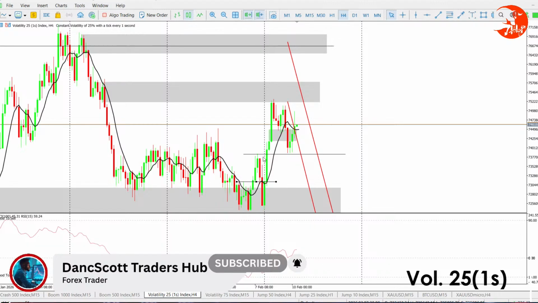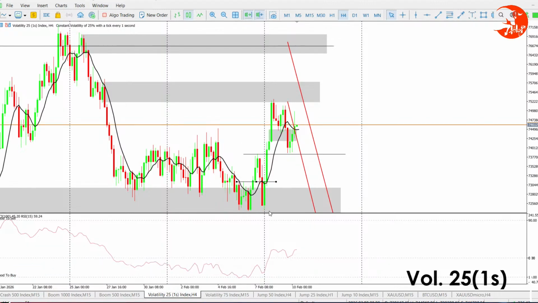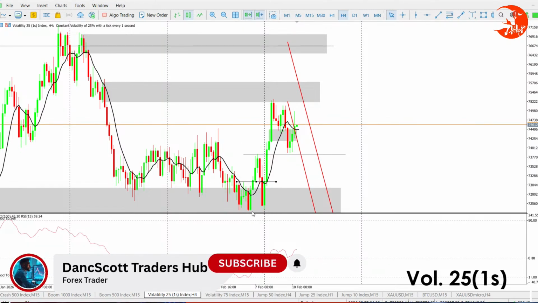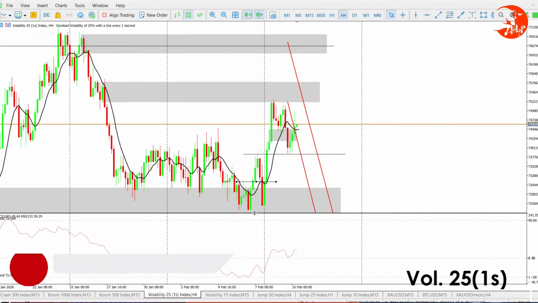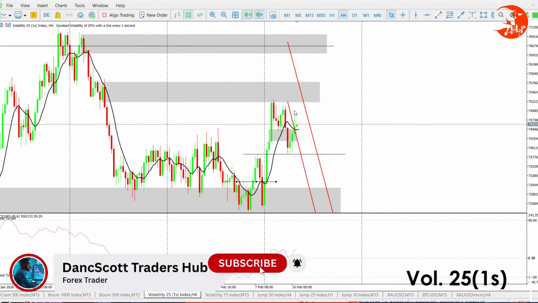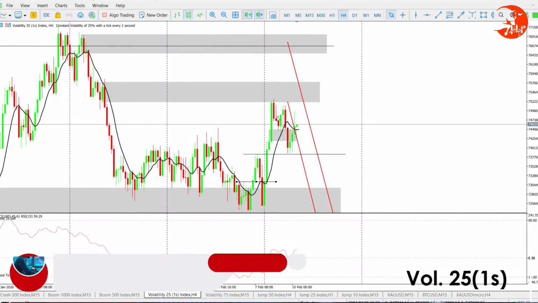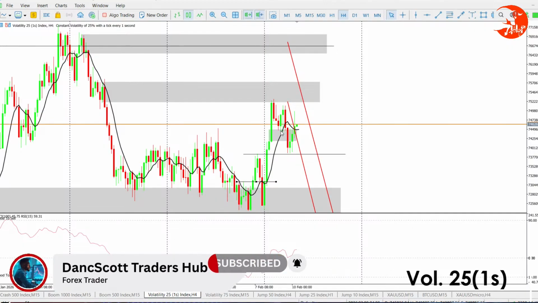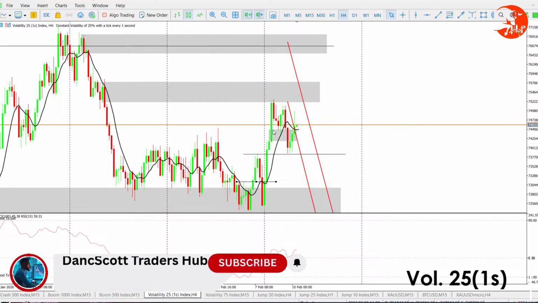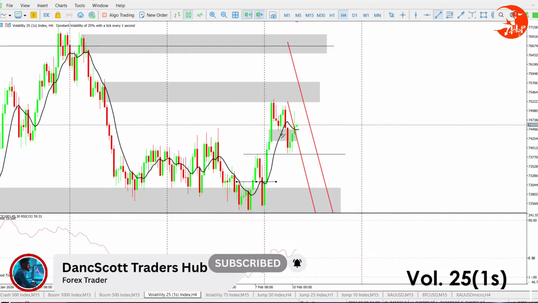So it gave us a high there, then dropped to mitigate liquidity down below here for the early sellers, early buyers, then went ahead, gave us a new higher high. Then in the attempt to drop, it gave us a higher low, then tried to look for a new higher high, failed, then dropped. This ought to be a change of character right there, according to H4. This is H4, by the way.